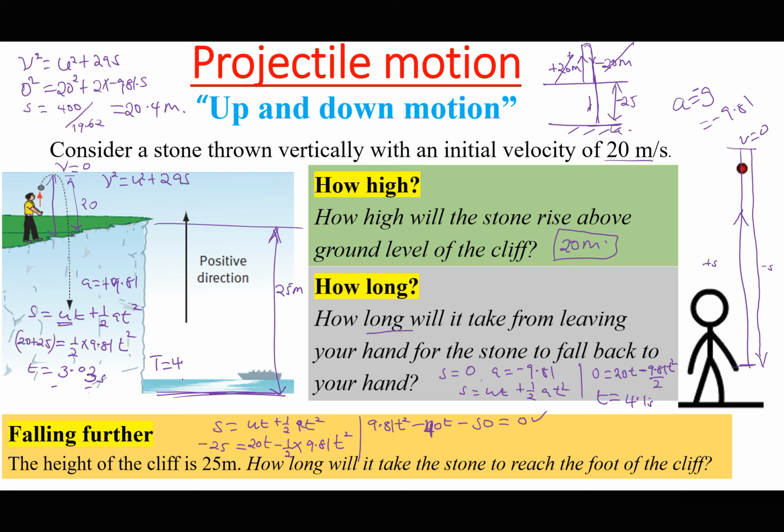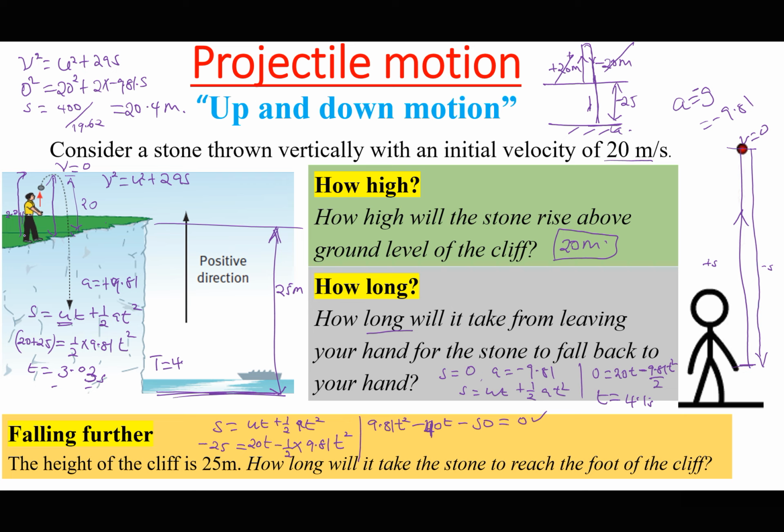Okay, I can still calculate it. The time to reach the highest point alone was v equals u plus at, where v was 0, so t is 20 divided by 9.81. So it was 2.04. The time to reach the highest point from where it is thrown, the time there was